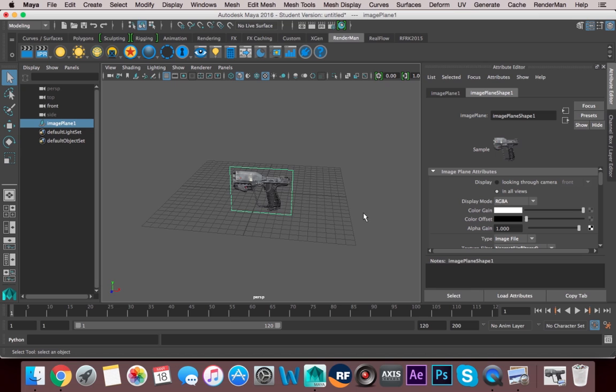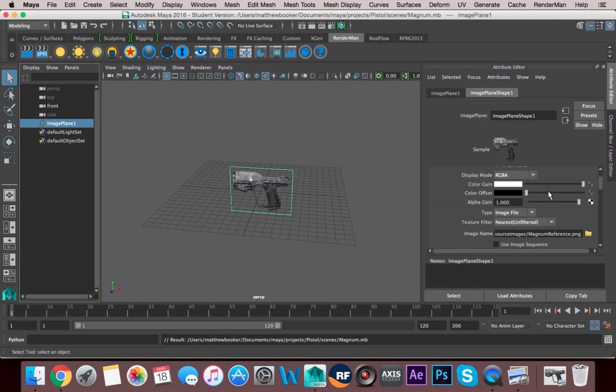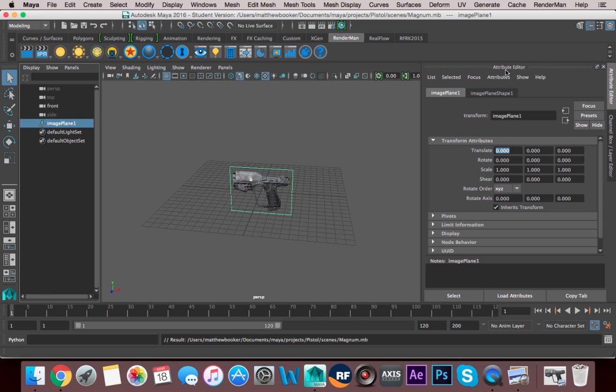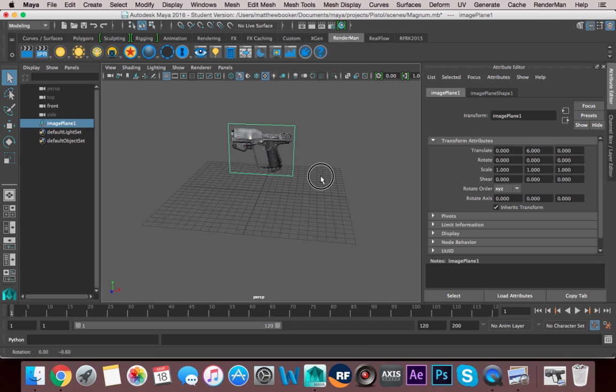From here we can see, since we're going to be working on this sideways, we're probably going to want to not have this grid in the way, and one way to do that would be to click this button, which toggles the grid on and off. But I usually like to move the actual image plane itself, because the grid can be quite helpful for getting a sense of scale. So what I tend to do is go to the image plane, on the attribute editor, go to image plane 1, and then translate it 6 in the middle. Now take it above the grid, so you don't really want it touching the grid, otherwise the grid kind of gets in the way. And then you want to